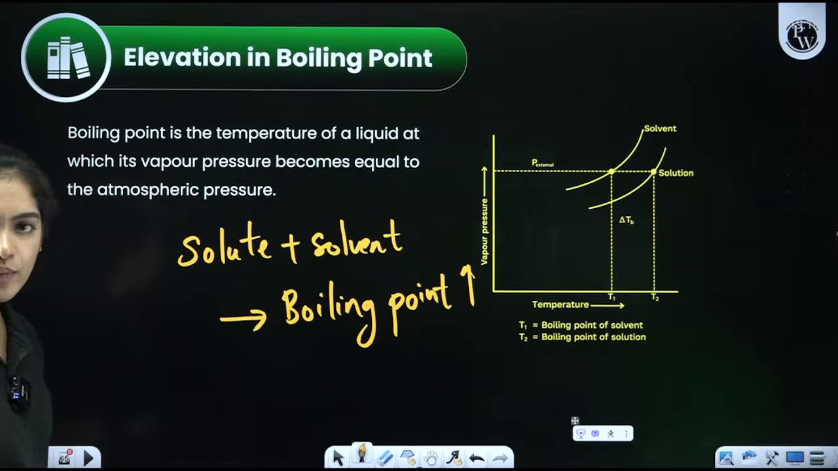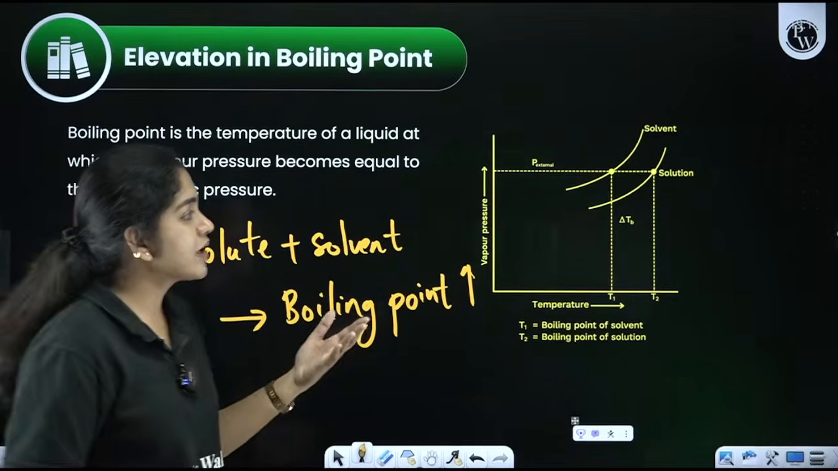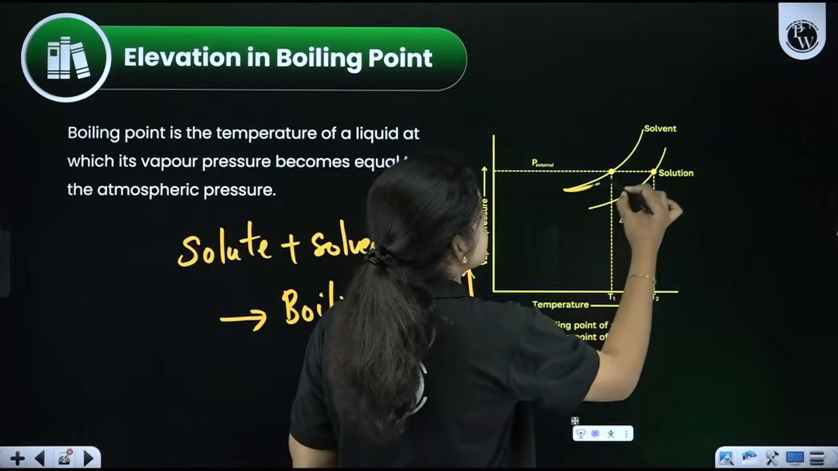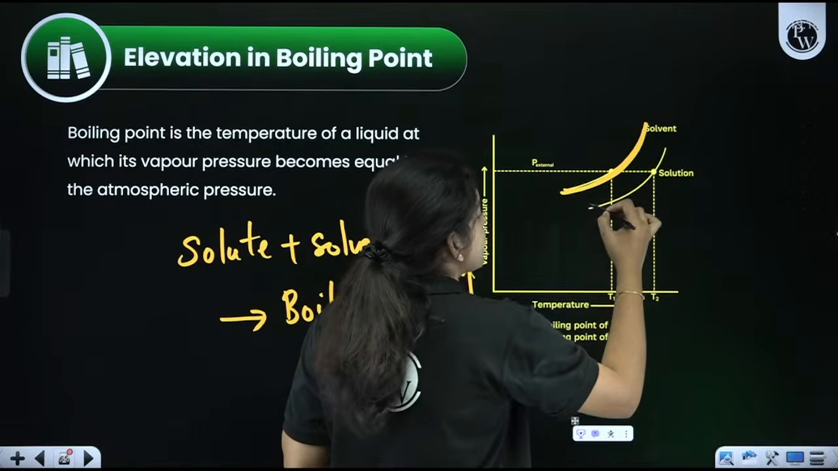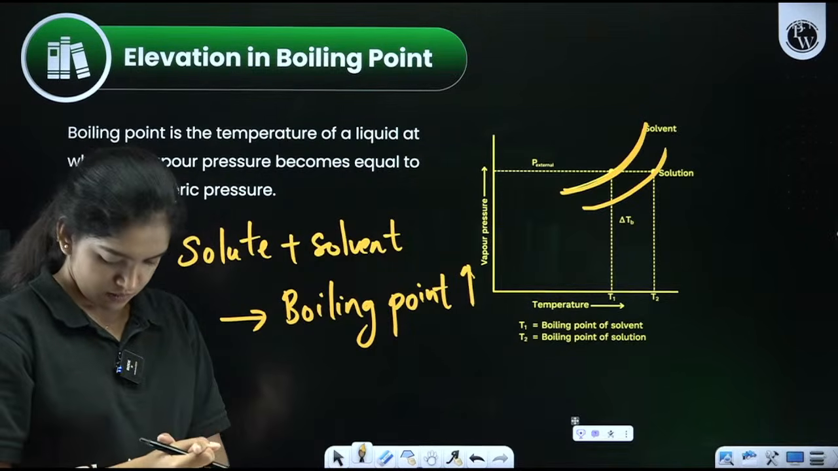So come back to the boiling point. In the case of boiling point, the pure solvent boiling point will be very high. Look here, look at the graph. The solvent is very high, very high than the solution. Why? In the case of solution, solute is also